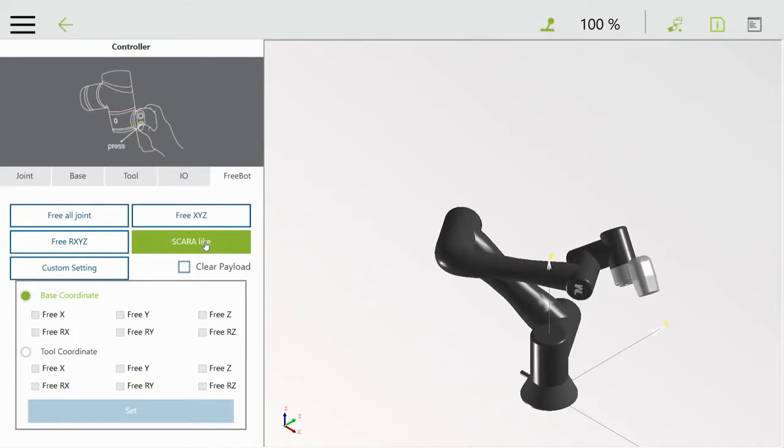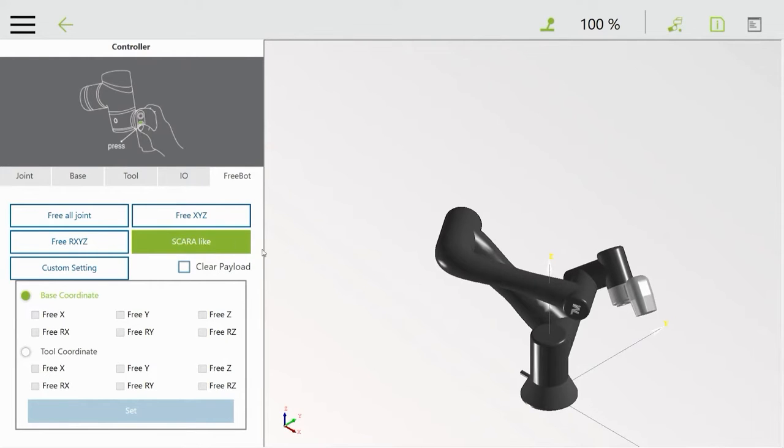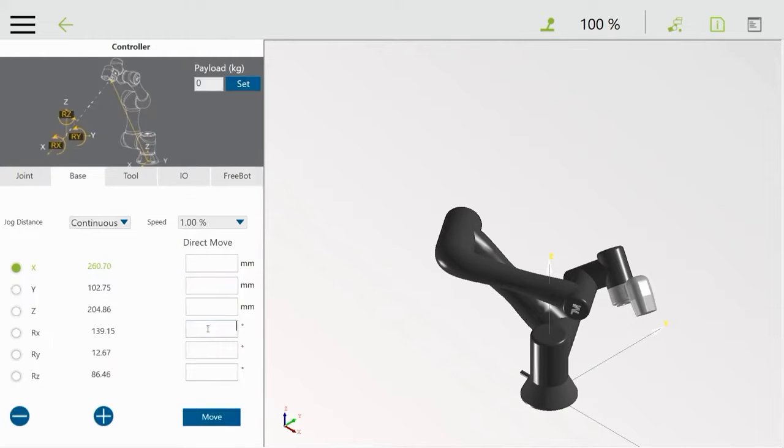So if I move this by hand, you can see I can't really rotate it, so the tool plate where the camera is, the silver part there, I can't change the angle of that. It's stuck there once it's in SCARA mode. So I can't move these axes. Once I'm in SCARA mode, if I want to align the tool plate and the camera with the base so it's kind of facing down,